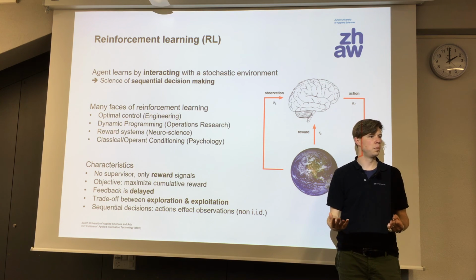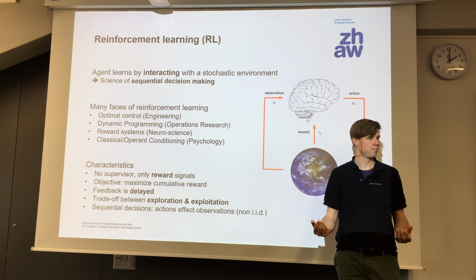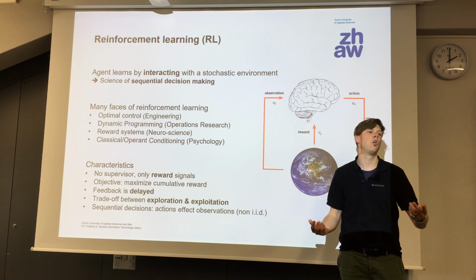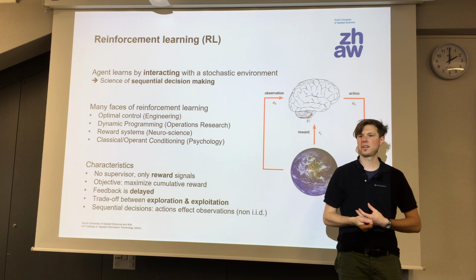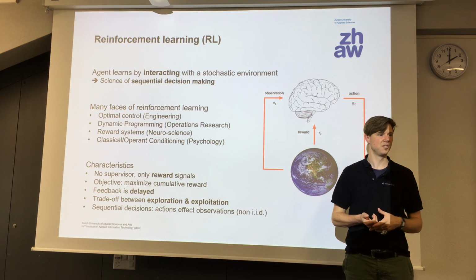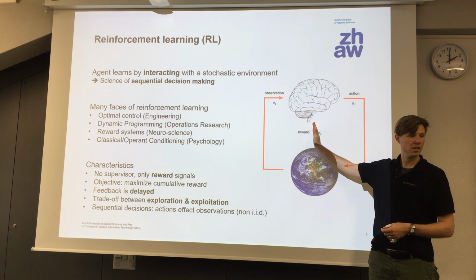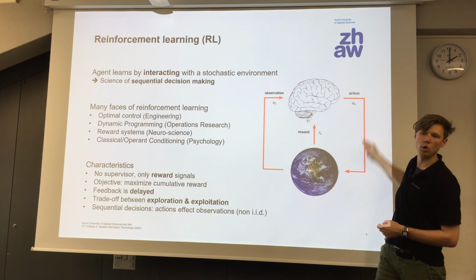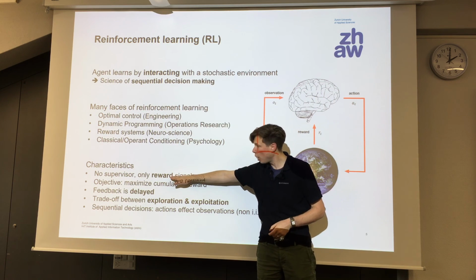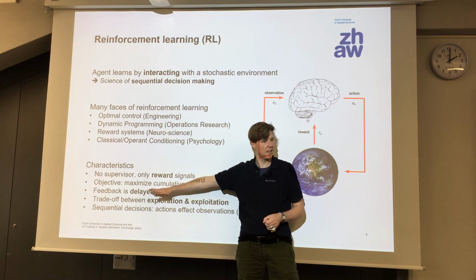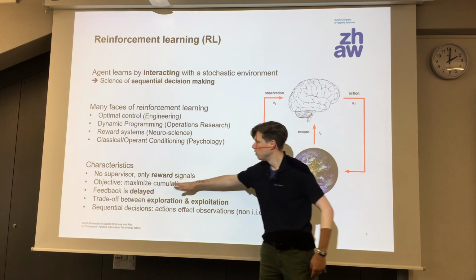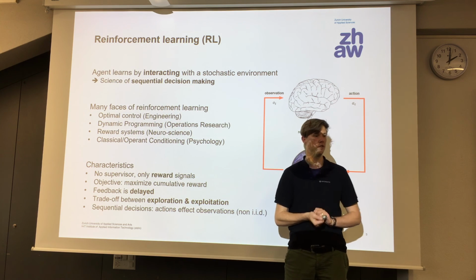Imagine you want to build a robot that plays robot soccer. A reward in soccer you only get when you win, or you could say when you score a goal. But soccer is a low-scoring game. There's only a goal every so and so many minutes or hours. So the reward can be very sparse, and you get a lot more observations and do a lot more actions than you receive reward for. So a problem in reinforcement learning is, given sparse rewards that come delayed, like you can do lots of good actions that lead to a goal eventually later, how can you learn from this kind of very sparse feedback?